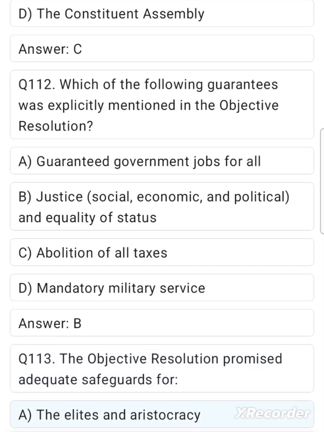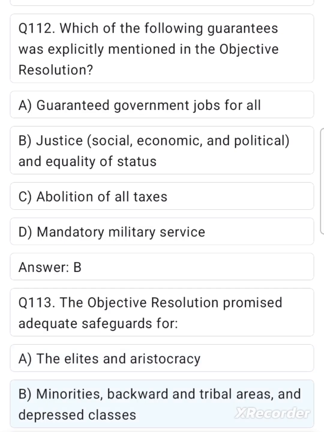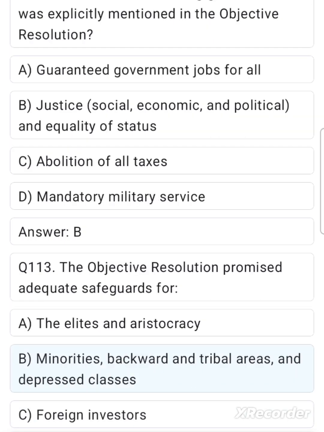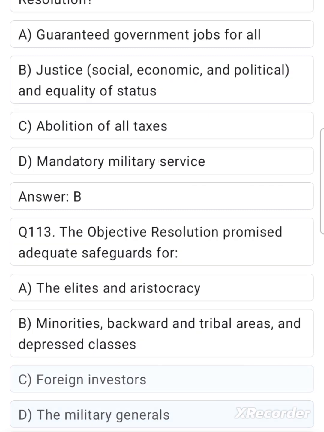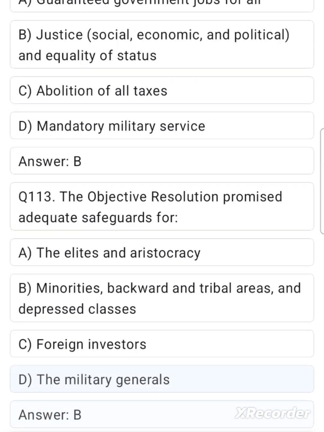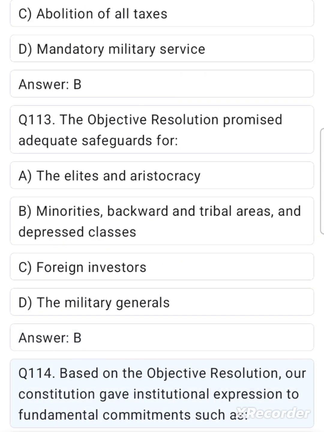A. The elites and aristocracy. B. Minorities, backward and tribal areas, and depressed classes. C. Foreign investors. D. The military generals. Answer: B. Q 114. Based on the objective resolution, our Constitution gave institutional expression to fundamental commitments such as